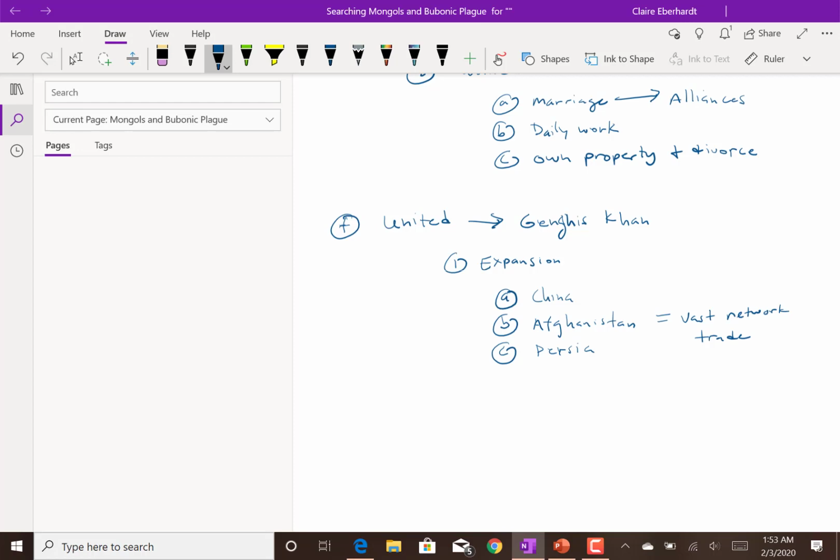So what happens with that then is you have, like I said, this exploration and growth through the Mongol Empire that allowed for most likely the bubonic plague to spread, at least a lot faster than it would have otherwise. When you have borders that are closed off, when you have people that aren't expanding and trading through ship, through land, through goods, right, then it would take longer for the disease to get to different areas and cross these invisible borders. But because the Mongols opened that up, it ultimately allowed for a much more rapid expansion of the